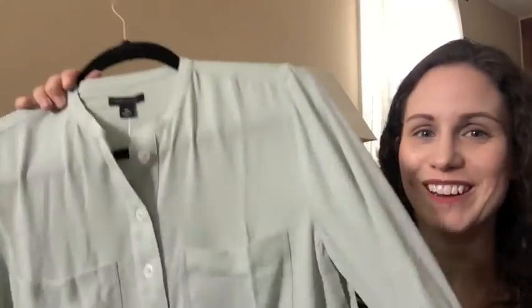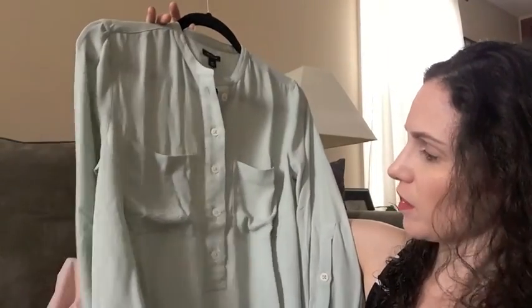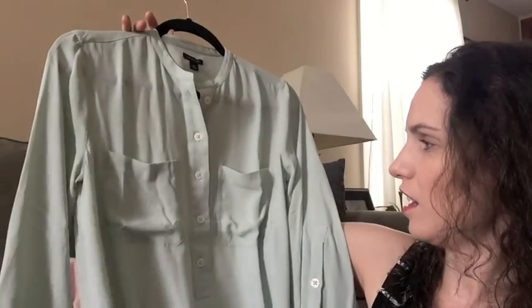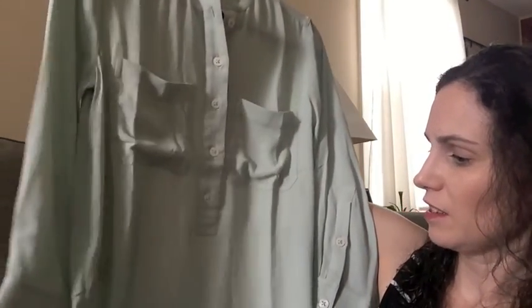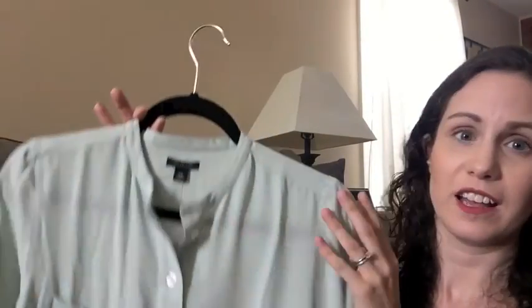So again, my little iPhone that I'm filming on is kind of washing out the color, but it's this beautiful pale, almost sage minty green color, and it's the same nice fabric as that shirt I just showed you, but this one has buttons down the top part of the front, 2 little pockets here. It has this